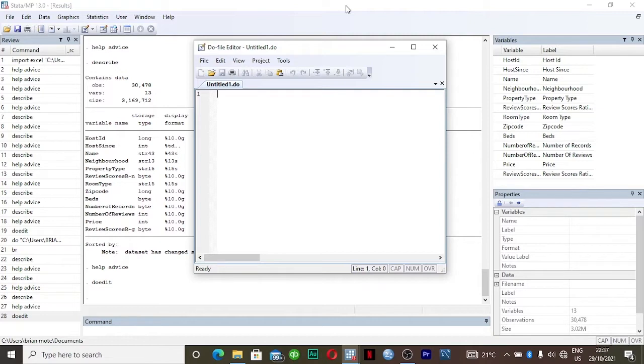Just like any other cleaning, you can mess up somewhere and want to redo a step. When you have done that step in the do-edit file, it is easily reversible, and hence it is very advisable for you to do it in the do-edit file.